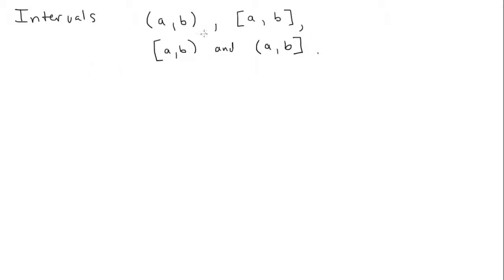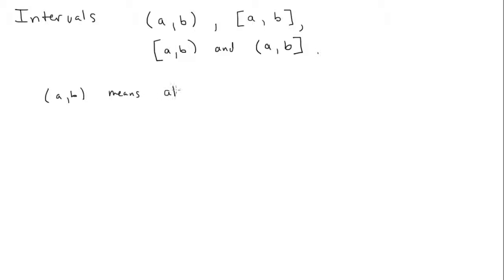And an interval is written in the form (a, b). Also, we could have [a, b), and then there's two more, [a, b] and (a, b]. Okay, so these four possibilities, you may remember the difference between the round parenthesis and the square bracket, but if not, the round parenthesis just means the number is not included. So for example, (a, b)